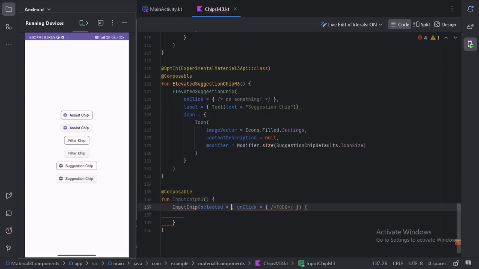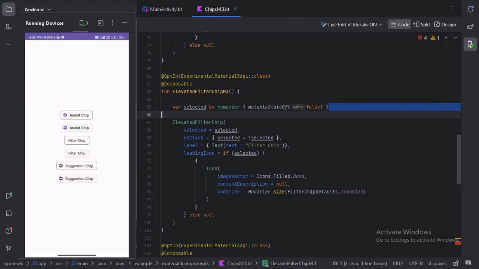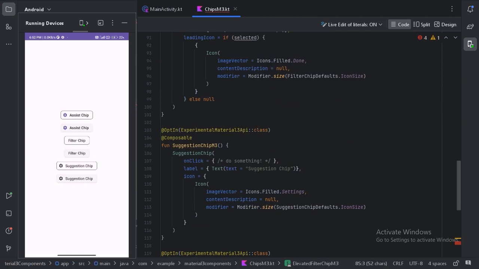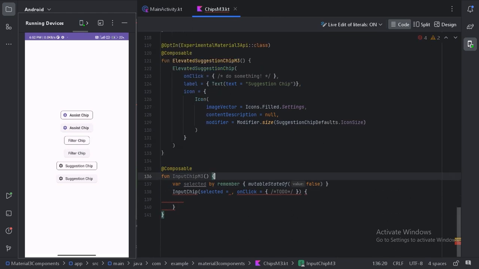Again here we need to provide a state. So what we will do, let's go above and copy this state and paste it here. And also let's use this selected state here, and this onClick will change this state.